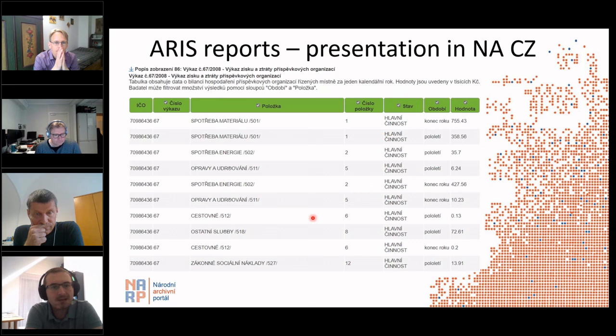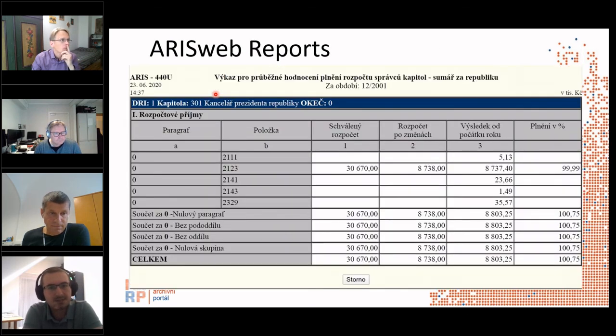And this is how the financial report for this kindergarten looks. And there is a small button, if you can see it, this is the chance to download a CSV file, because this report again is followed by the original financial report, and in the Archives Web you have the chance to download the Excel file.